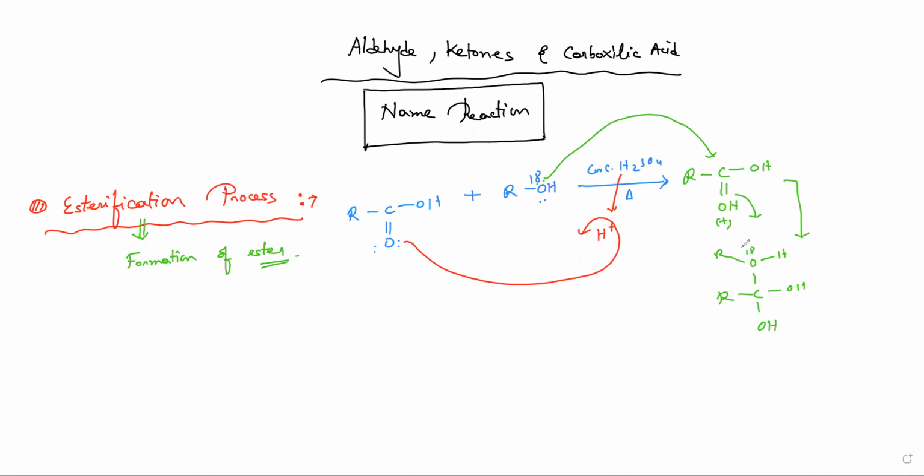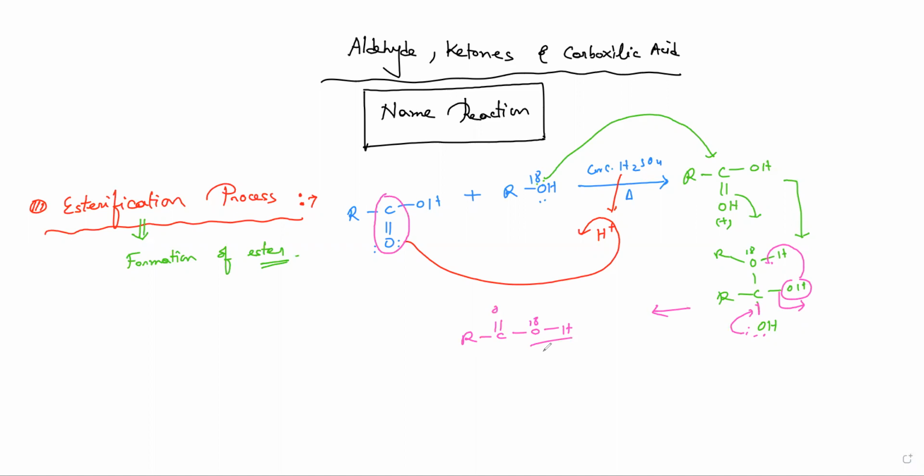Is it clear? Now the next stuff is how you write this lone pair. Look, this bond is basically this single OH bond. This bond comes when the C double bond O converts to a single bond. So this bond comes here, this bond removes, and when this bond removes it can take one H plus. So what you get is RC double bonded O, OH in short 18.